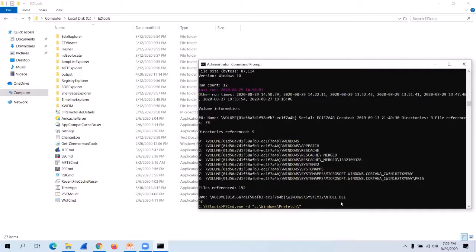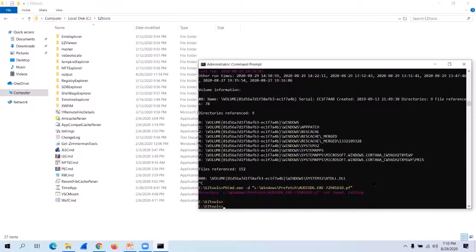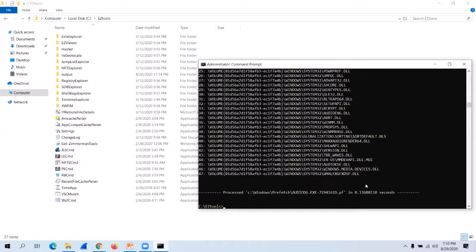Let's suppose I want to see if there is a particular executable that was executed within my system or not. So we will go for, let's suppose, Adobe, any interesting one. We can go for any one of them. Basically, whenever an executable is executed in your system, a prefetch file is made. Okay, and let's push enter. Sorry, I initially gave the directory. For a file, you have to give the -f option.